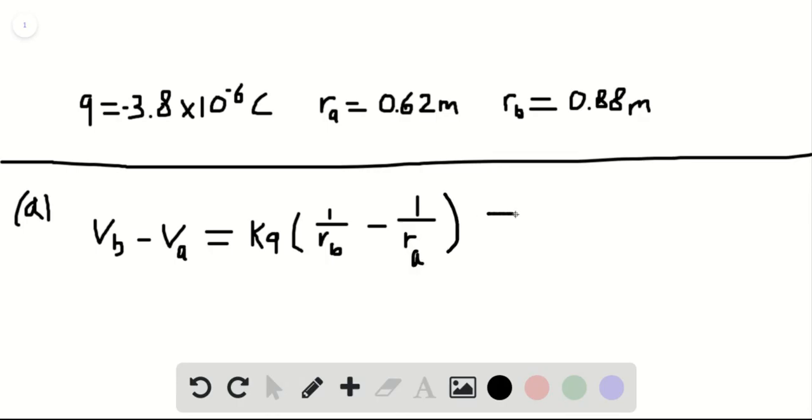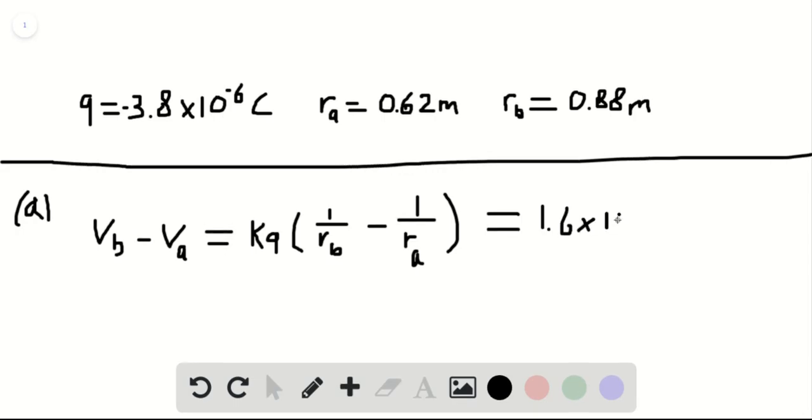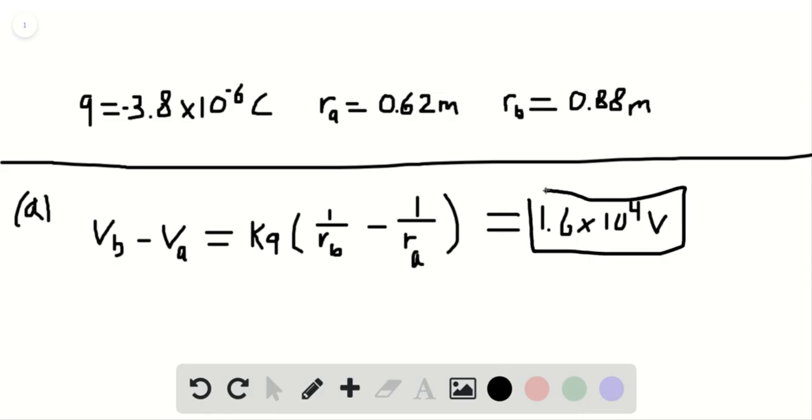So plugging those values into this expression, we find that this is equal to 1.6 times 10 to the 4, and then the units here are the units of potential, which is volts. We can box that in as the solution to the question for part A. We'll start a new page here. For part B,